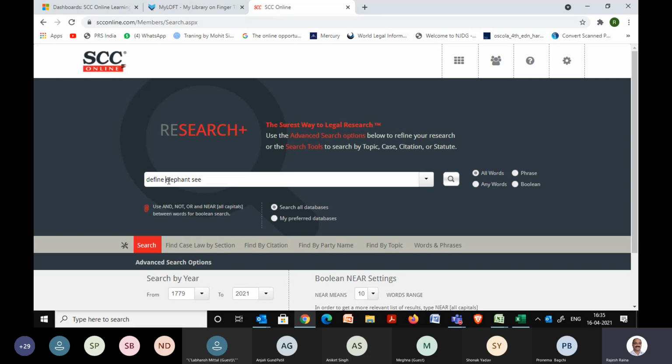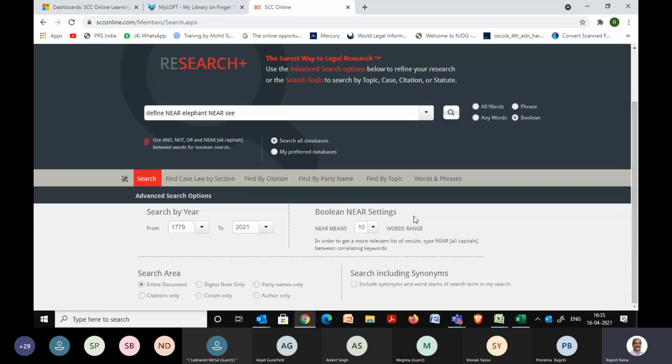So what I can do is use one operator over here, which is NEAR. In between the words, I've keyed in this NEAR in capitals. Now, what does that mean and what will this near operator do? It will search for these 2 correlating words nearby. How much nearby? If you scroll down a little bit, it says near means a 10 words range.